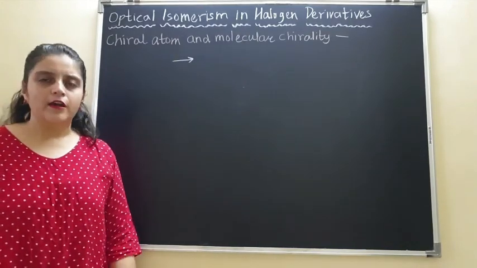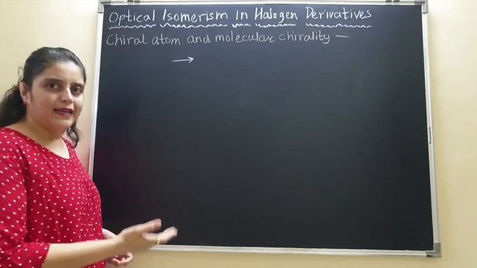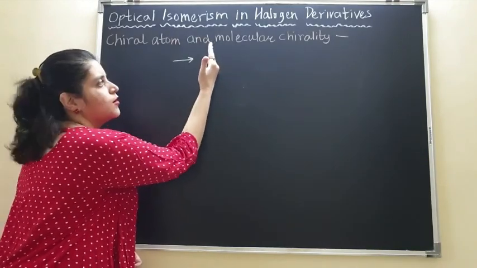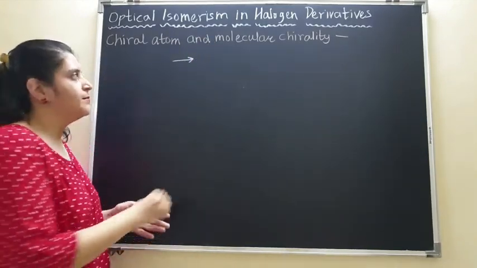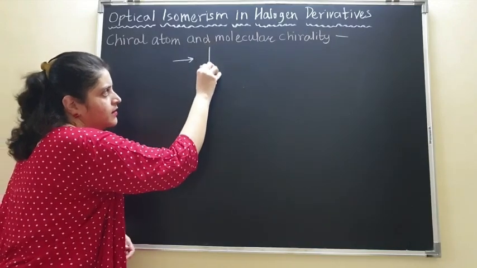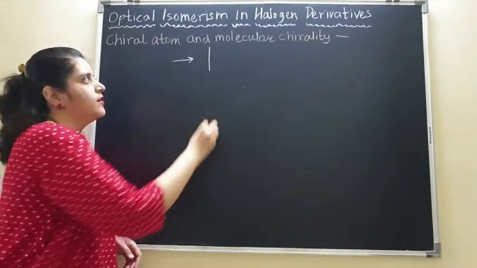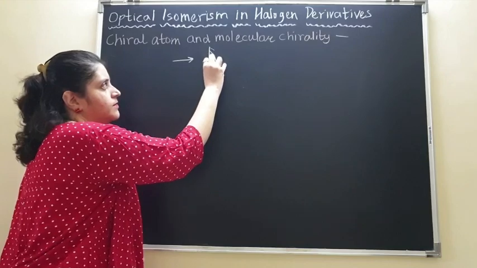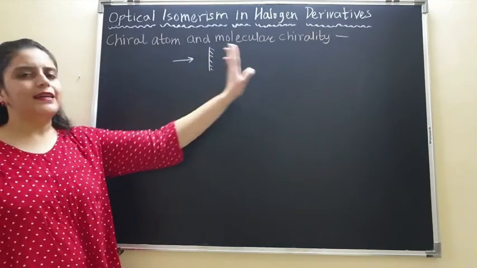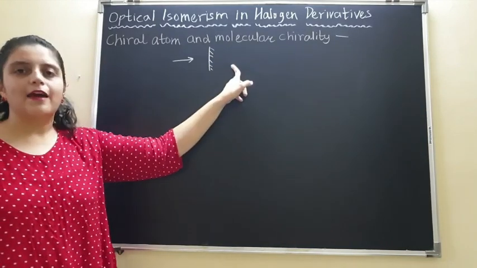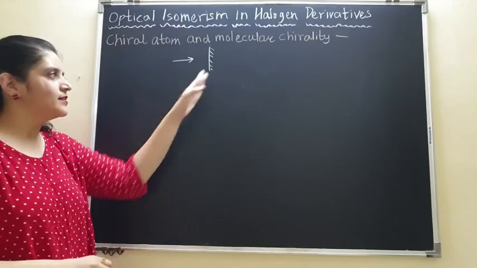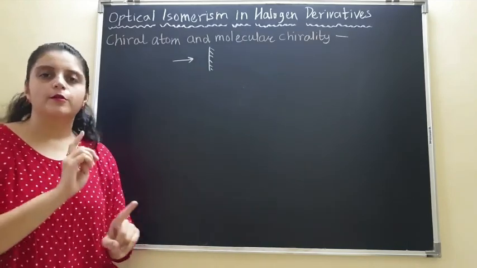There is an arrow over here, and imagine that I am taking a mirror and keeping the mirror over here like this. If I take a plate mirror and keep it somewhere over here, then we will get the mirror image of this arrow on the other side of the mirror, but in the opposite direction.